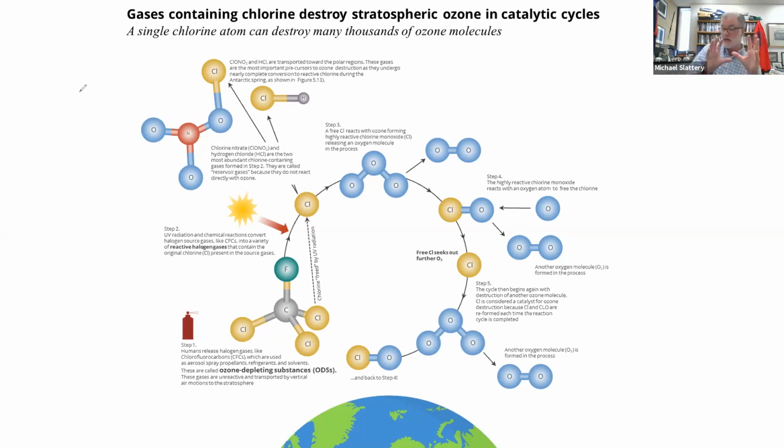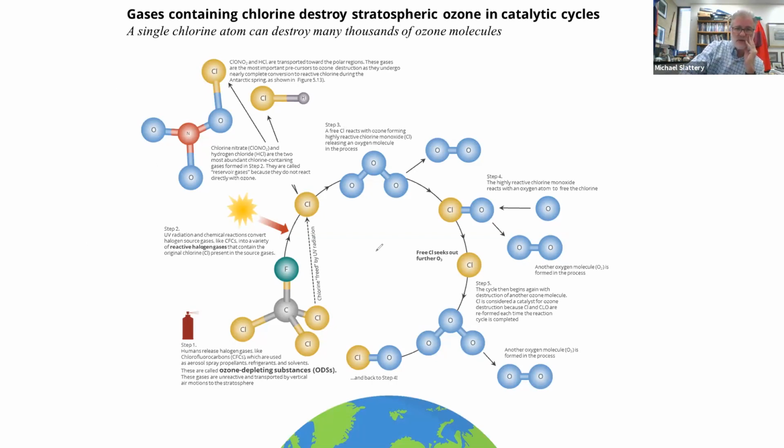They don't destroy ozone, but they store the chlorine for the destruction of ozone later. And those reservoir gases are the ones that over longer time periods are transported to the poles by the atmospheric transport, as an average, that's how the winds work. They get the heat out of the tropics and they transport these substances to the poles.